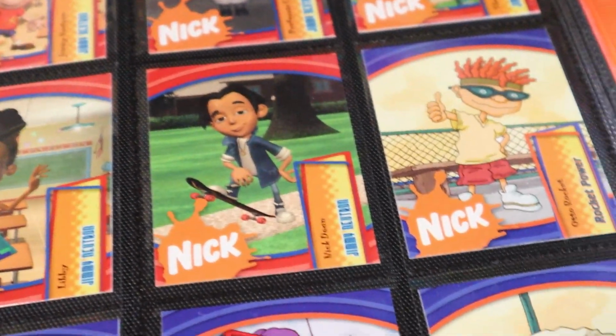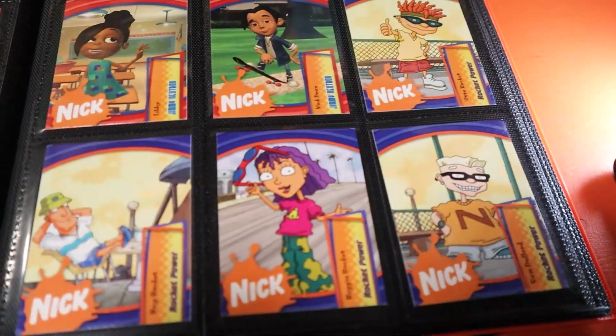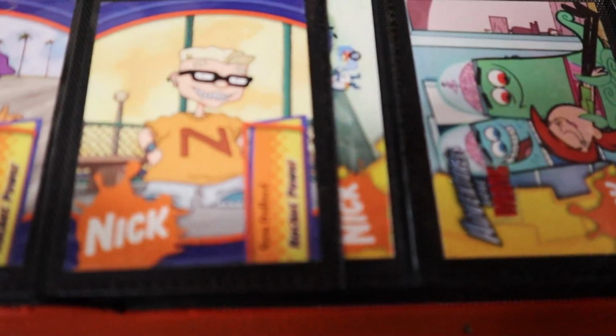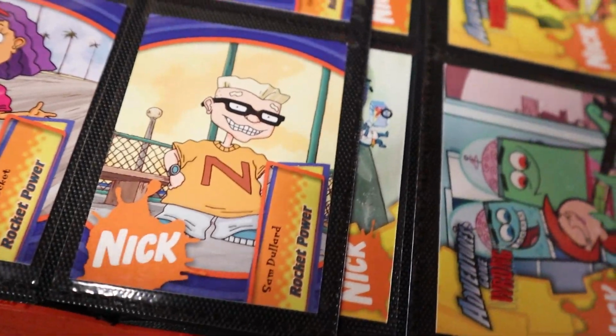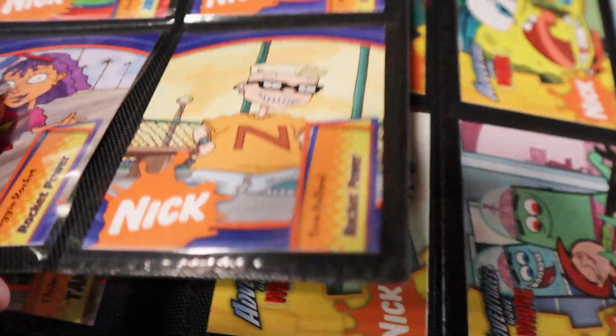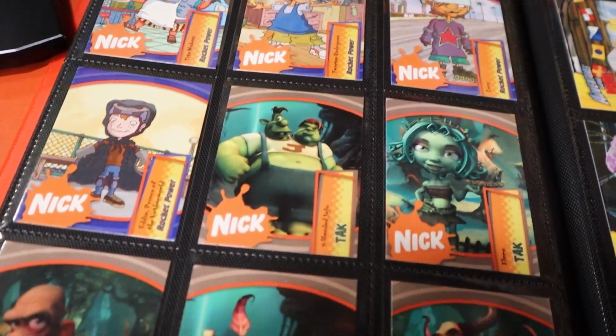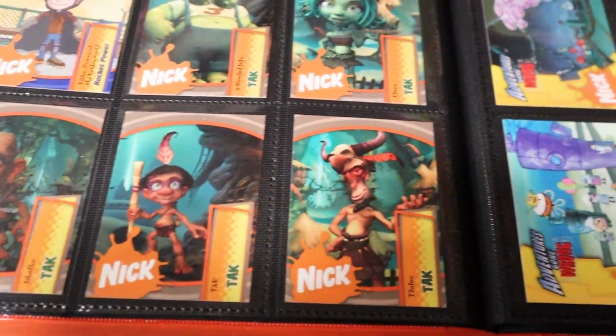And a perfect segue into the Rocket Power set here. We have the entire Rocket family. We have Squid, whose name is Sam, and I'm really not sure what the N on his shirt stands for. If you guys know, let me know. Maybe Nickelodeon? I'm not sure. We have Tito, we have Twister, Lars, and then that takes us into the Tak and the Power of Juju